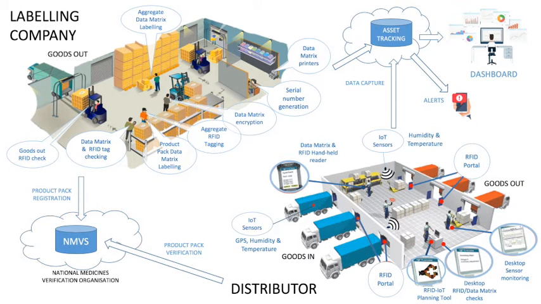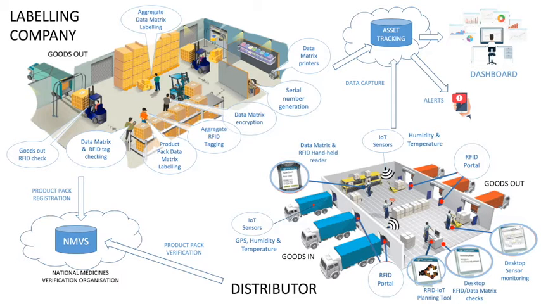Before describing the asset tracking system, it is worthwhile looking at the overview slide, and in particular the product pack registration process at the bottom left of the screen. Before a product pack can be marketed, it must be registered in the National Medicine Verification System for the country in which it is to be marketed. The product codes being used in this demo have already been registered against the UK NMVS test environment. This will allow us to include a demo of our bulk product pack verification solution against the UK NMVS test